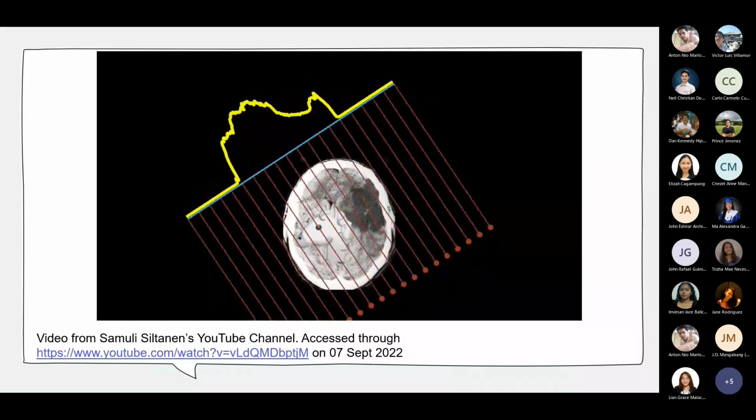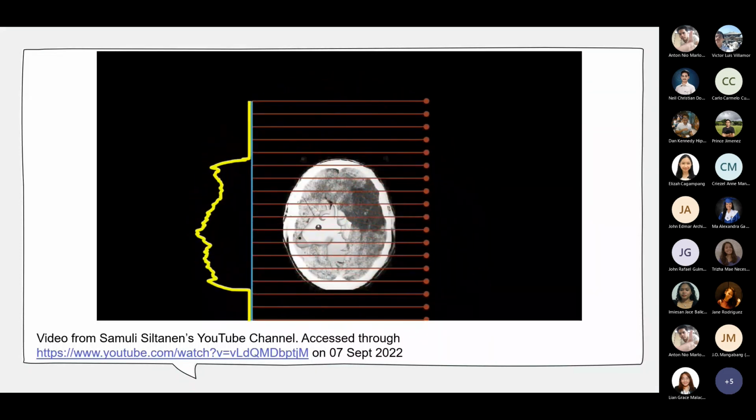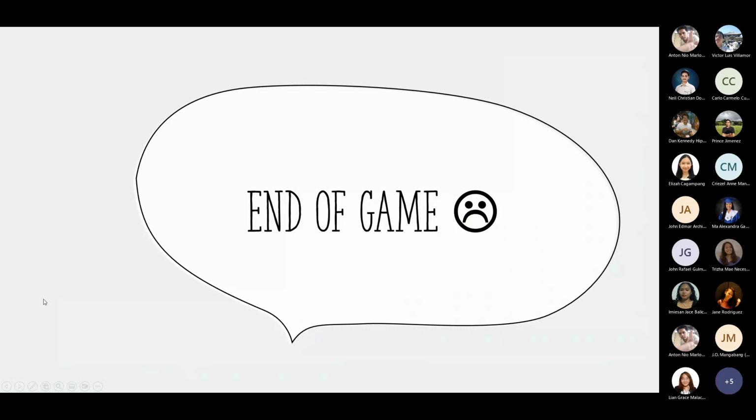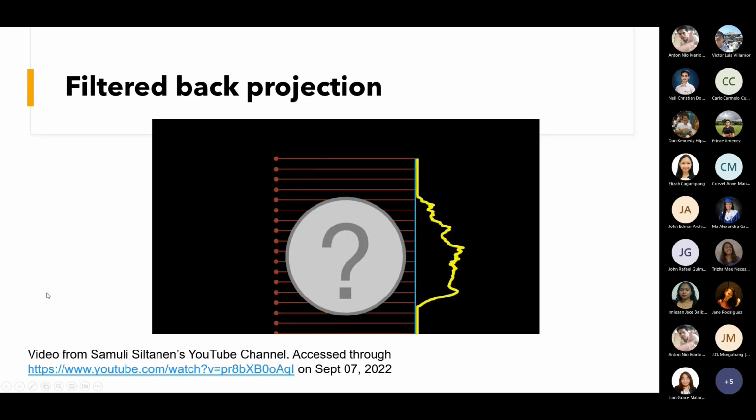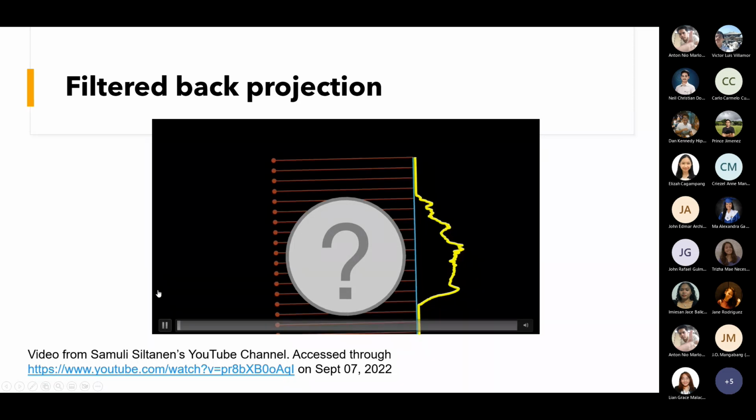Pero mahirap siya, no? Kasi yung object na naka-embed ay mahirap ma-determine. Ano? So, that's why we need several readings. I mean, we should use a lot of angles in order to map out the complicated portion of this image. So at this point, end of game. Next time na lang ulit. Pero yun nga, dapat pala side by side ko siya gagawin. Right? So remember this,